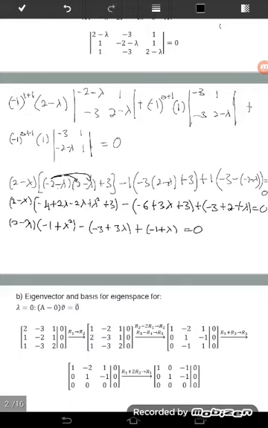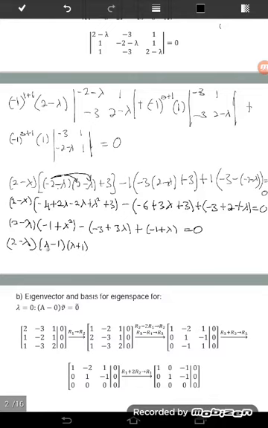So after that, you can expand this one, or you can simplify this one first. Kalau kat sini saya boleh tengok negatif 1. Kalau siapa yang tak reti nak tengok ni, just expand, simplify and then factorize. Ni kat sini saya boleh tengok 2 minus lambda, negative 1 plus lambda square, or lambda square minus 1. This one lambda square minus 1. For lambda square minus 1 you can factorize become lambda minus 1 and lambda plus 1.